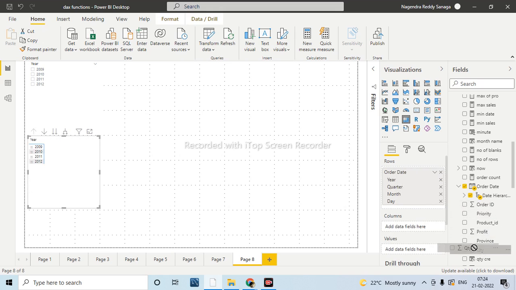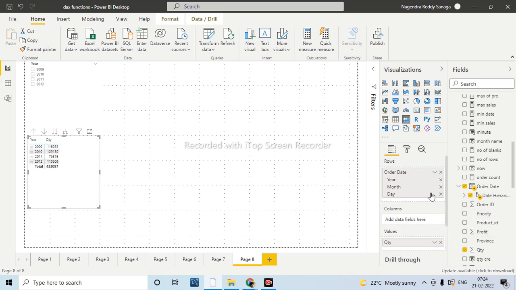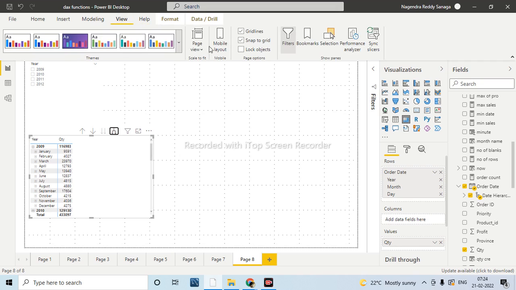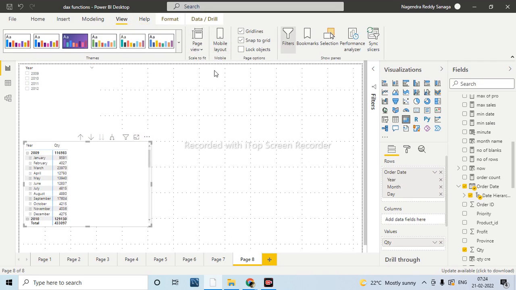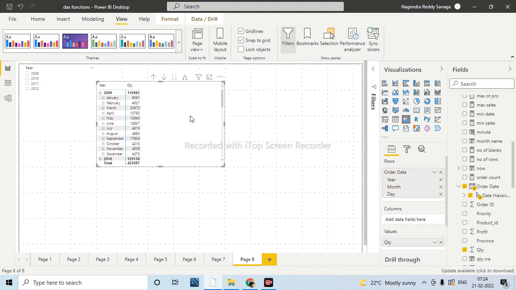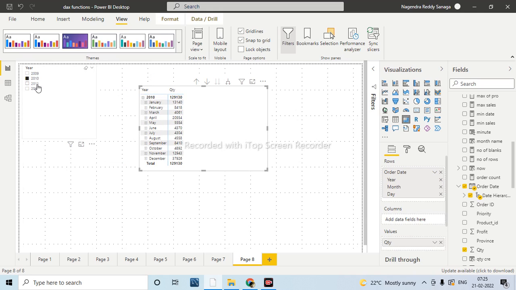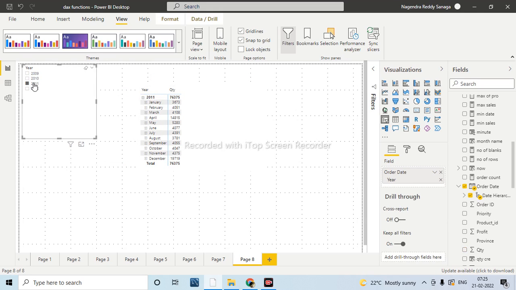I want to see the quantity. Now if you see the information here, when I have filtered out for 2010, it is giving me the overall result for 2010, and when I click 2011, it is giving me the result.